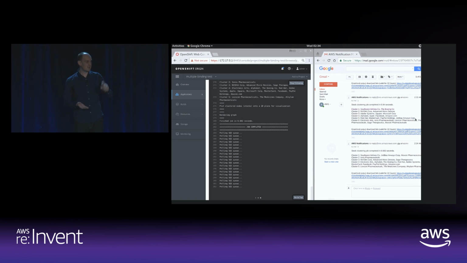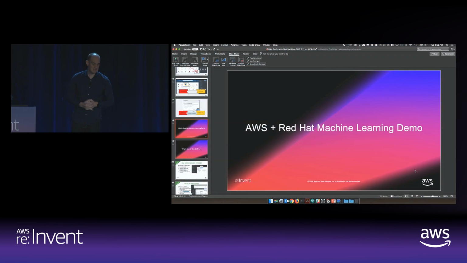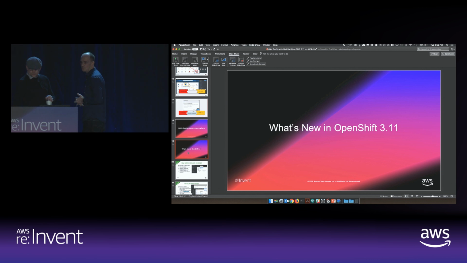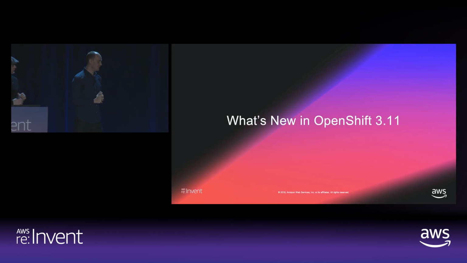It assigned it to scaling pods as it scaled out, as we stress tested it. SES, SNS, domain management, all of that was done for us by the OCP platform. And we never actually needed to manually interface with the AWS IAM or AWS CLI at all. So that is the AWS Service Broker,